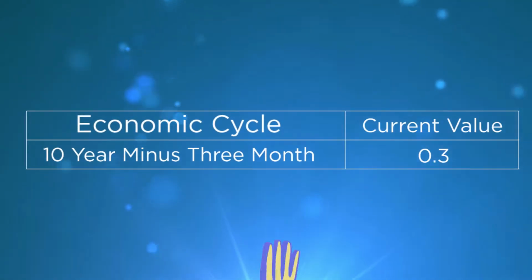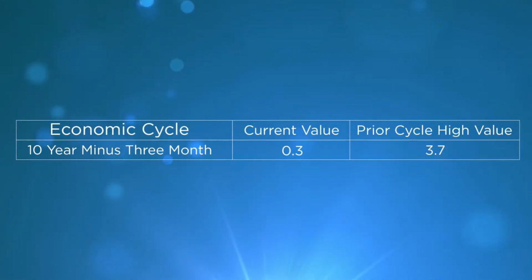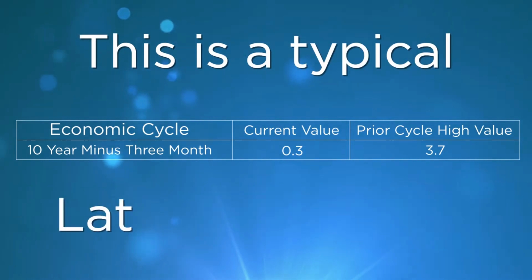This also says something for growth expectations in the near term. Rates are driven by inflation and growth. And if rates for short maturities are higher than long maturities, so short end, long end, then something's happening in the middle, indicating a slowdown. For credit, we can also look at how yields on corporate bonds compare to risk-free rates as a measure for risk appetite, but the yield curve as a signal has never failed. Right now, we're hovering around 0.3%, so very flat on the 10-year minus 3 month. After getting as high as 3.7% in 2009, this is a typical late cycle signal.